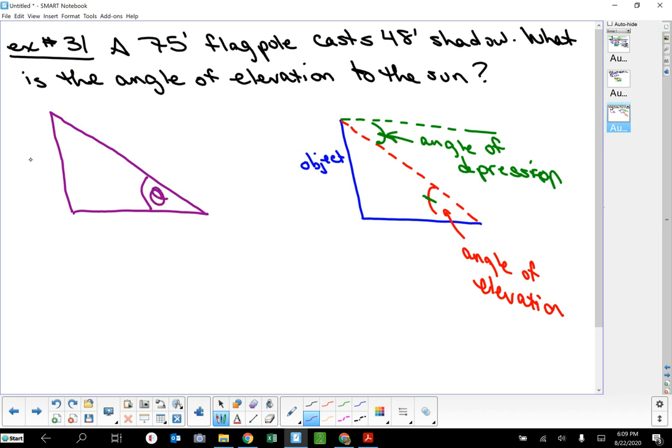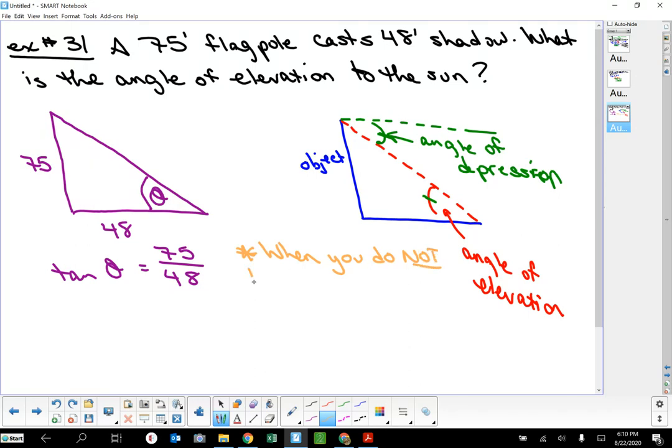So that's my theta, 75-foot flagpole, 48 feet. So once again, we have a tangent function. So I have tangent of theta is opposite 75 over adjacent 48. All right, well, important note here. You may or may not remember this from when you had trig in geometry. When you do not know the value of the angle,